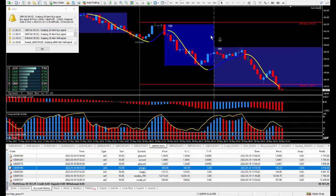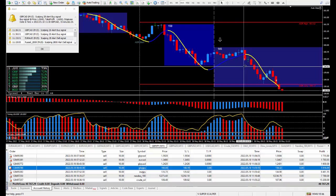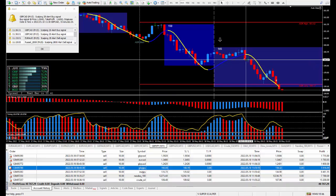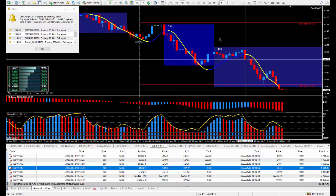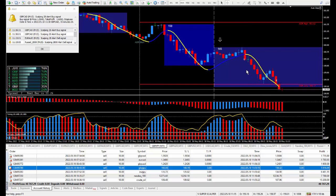Here's another one I wanted to be selling. And of course, dropping it down to the 5 minutes, you'll get a quicker signal. Let's see where I did get in at. Here we go, right when it changed from blue to yellow, and the higher time frames, that, plus the indicators, everything down at the bottom, everything was telling me to sell. So I sold it and locked in about, it looks like 76 pips, and those 76 pips on the pound yen paid